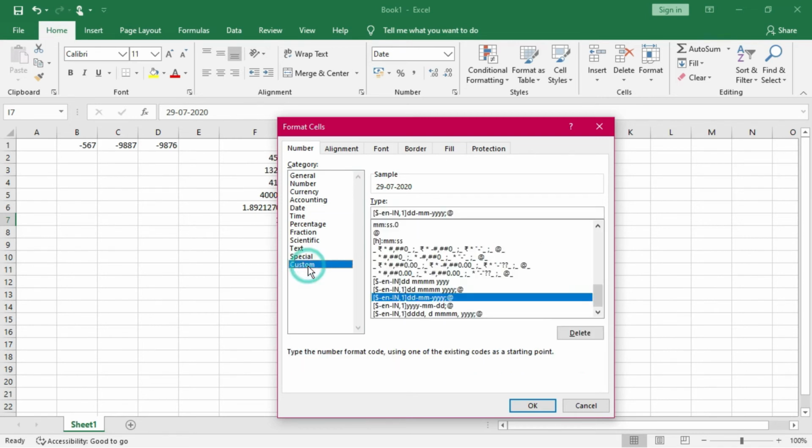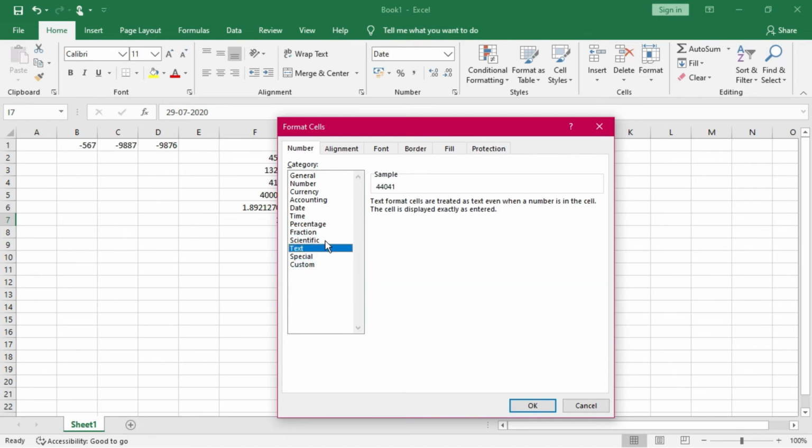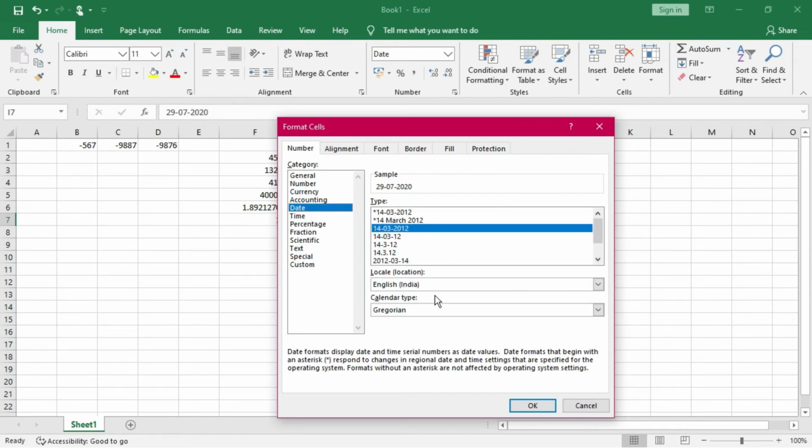And custom also you can input. Suppose I want like this, not like this. Custom data, anything you can take as general. This is the sample actually being shown. So several formats are available over here. Suppose if you want, you can also choose this one as text format, and this is the date format that we can see out here easily.